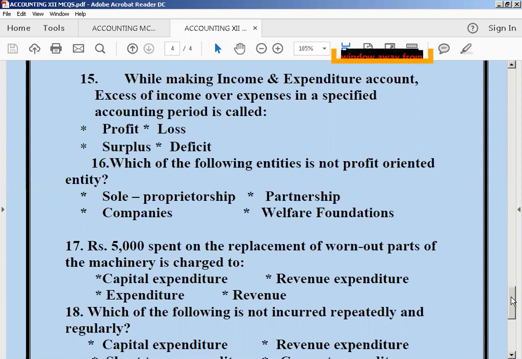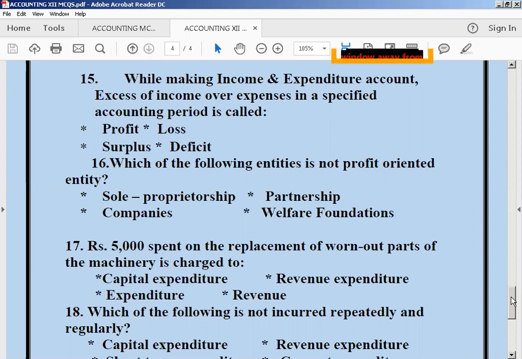Okay. NPOs, when you people do the receipts and payments questions, this is related to non-profit organizations and also related to partnership formation, because they are asking the types of the business. So if you know the correct option, then you can also choose your correct chapter. Which of the following entities is not a profit oriented entity? Sole proprietor, partnership, companies and welfare foundations. So this will be related to your chapter of your book, Receipts and Payments. And